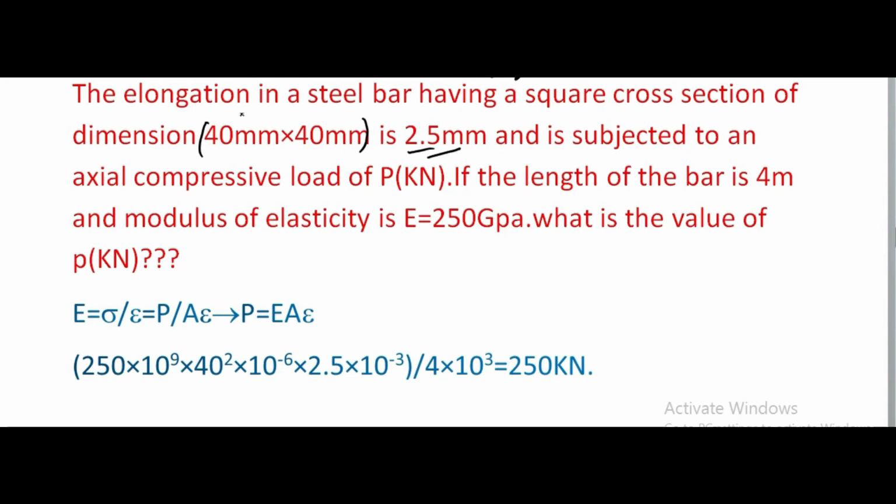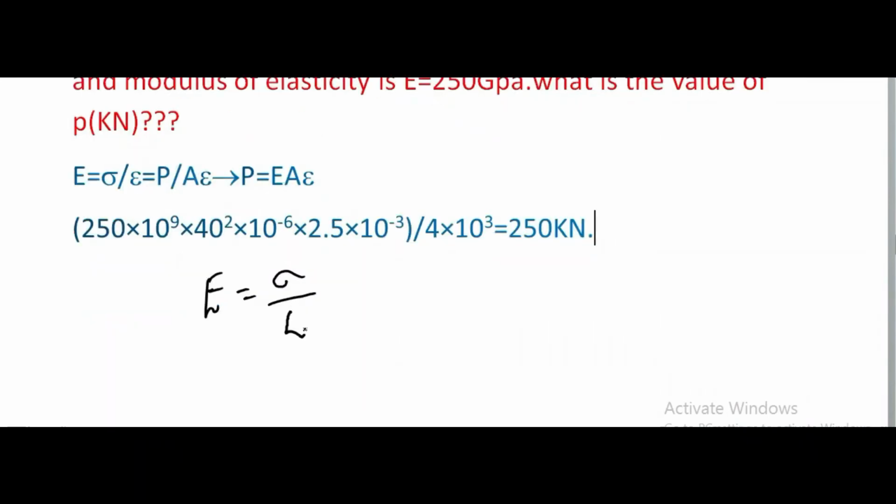Elongation in the sense a strain, and is subjected to an axial compressive load of P in kilonewton. If the length of the bar is 40 meter and modulus of elasticity is 250 gigapascal, then what is the value of P in kilonewton? So we have to find load in kilonewton, a stress by a strain,